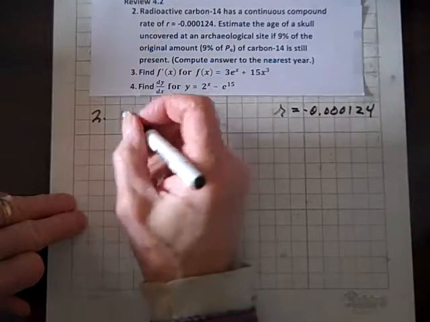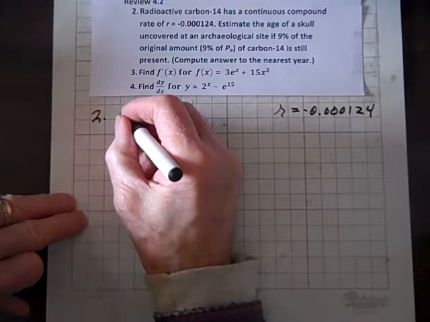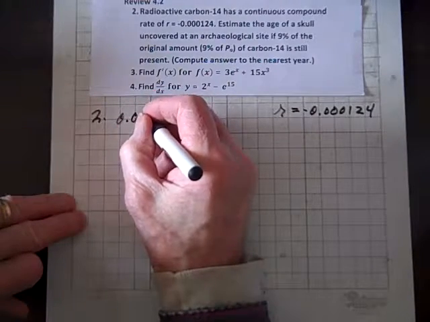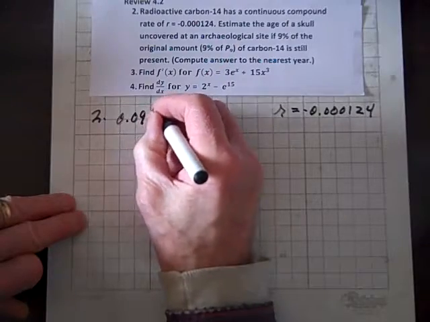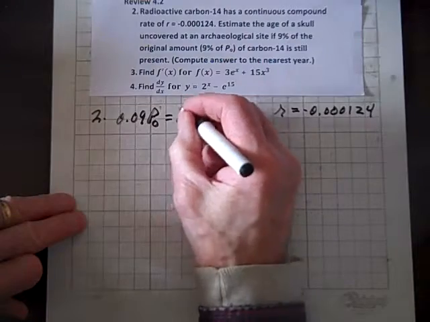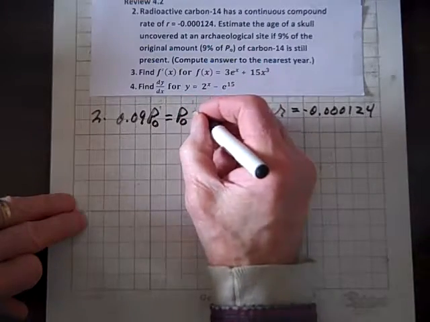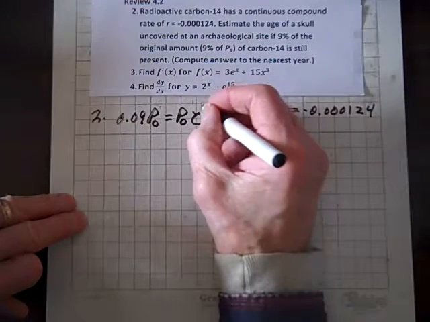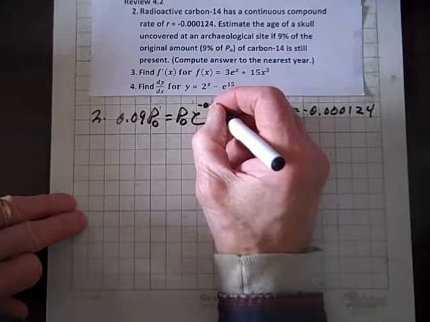Well, here's our equation. So 9% of the original amount, in other words 0.09 times the original amount P sub zero, equals the original amount P sub zero e to the, and the rate is negative